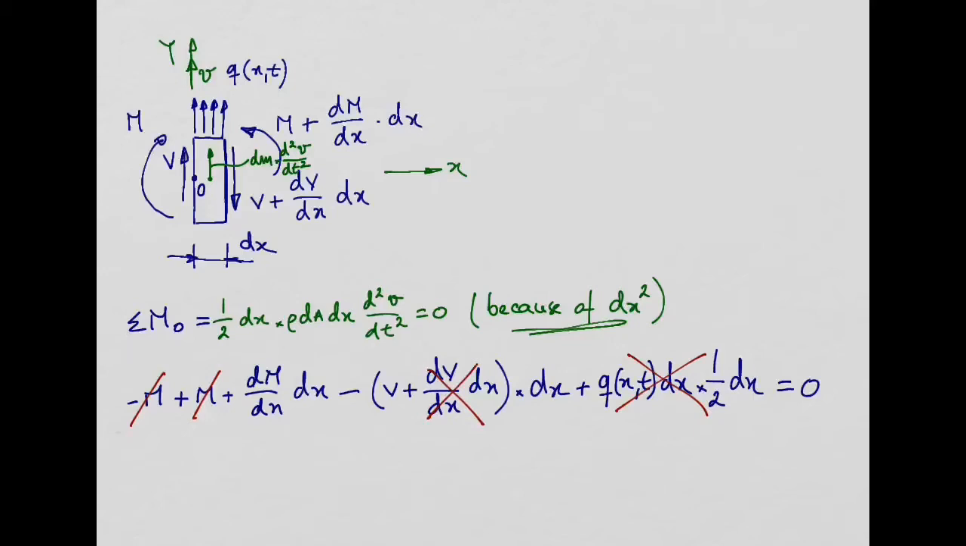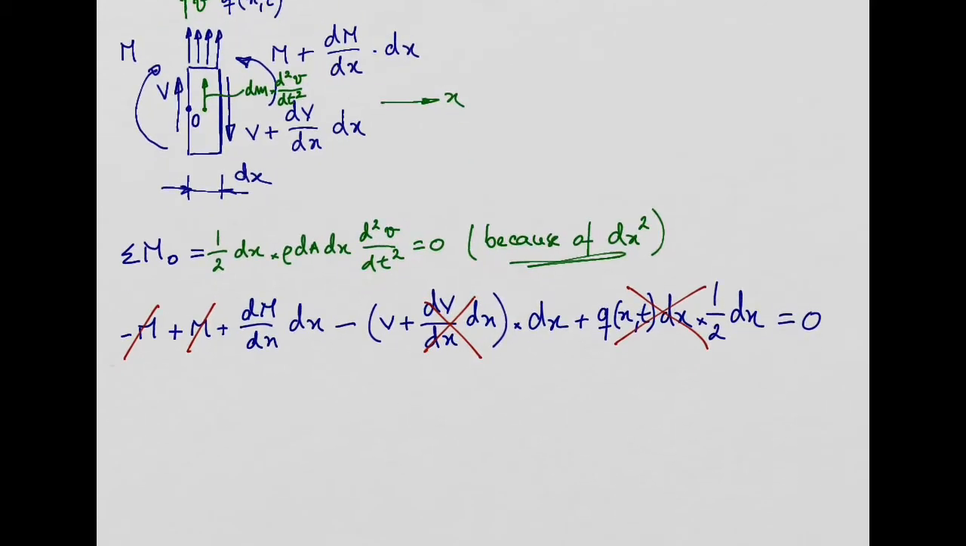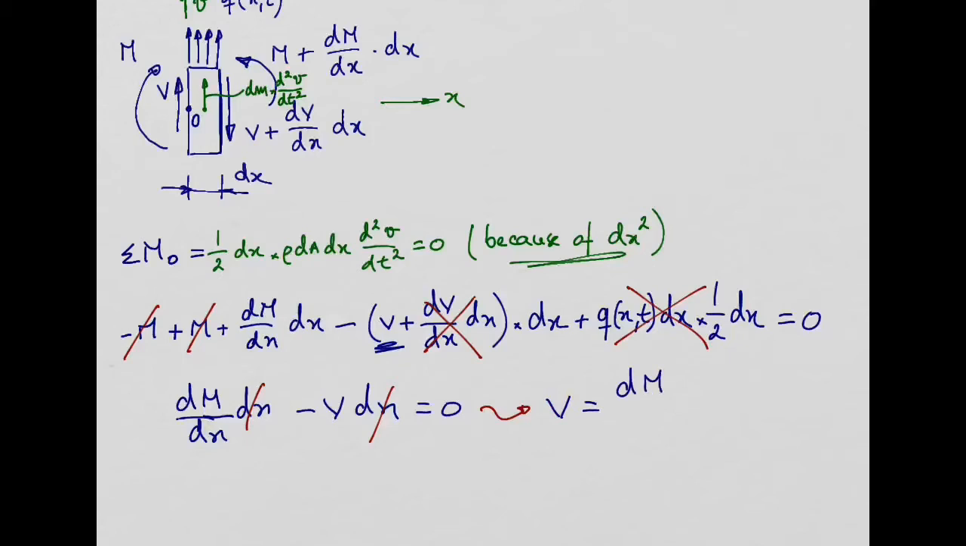So we end up having only this dM/dx times dx, and then we have this term here for the transverse shear force, so minus V dx equal to 0. That's all we have. So we can simplify this a bit more. dx goes away, and we get the transverse shear force equal to the derivative of the bending moment in order to x,